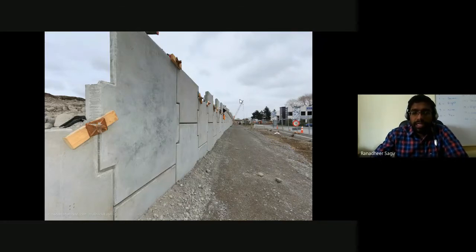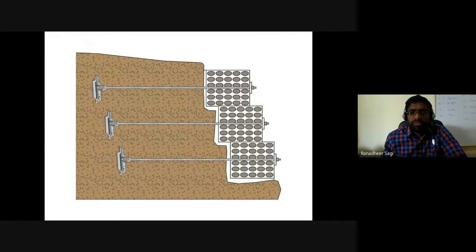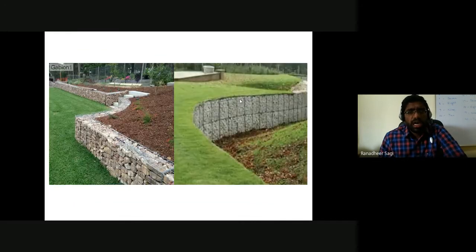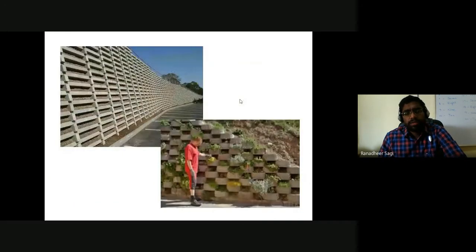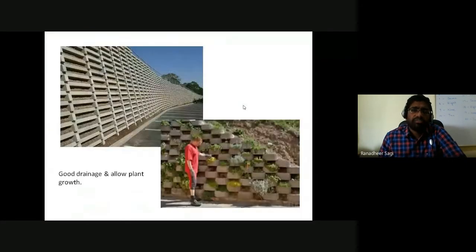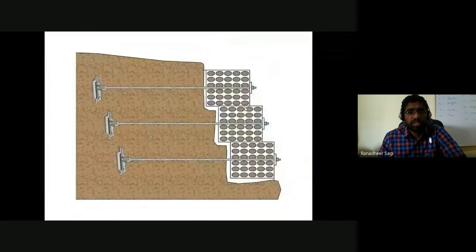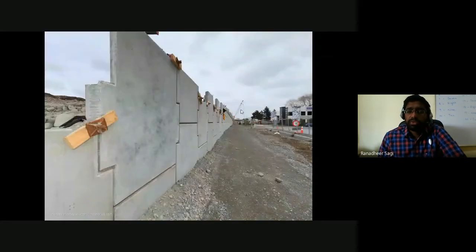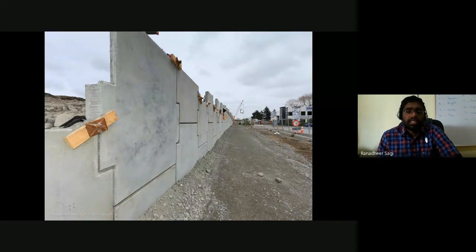So let's continue our discussion. In the last class, we were trying to talk about different types of retaining structures or conditions by which you can retain the soil. It could be a gabion structure, or it could be the case of your crib wall structure, or it could be sheet piles, or any other different types of retaining structures we have been talking about. So the ultimate objective of them is to retain the soil at its required elevation with that particular essential slope.